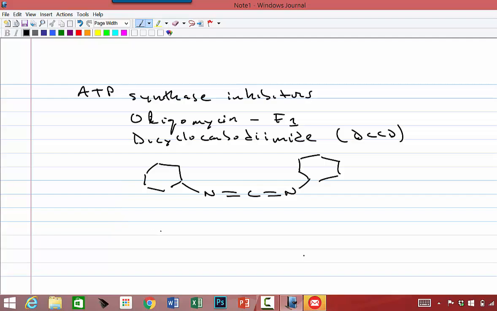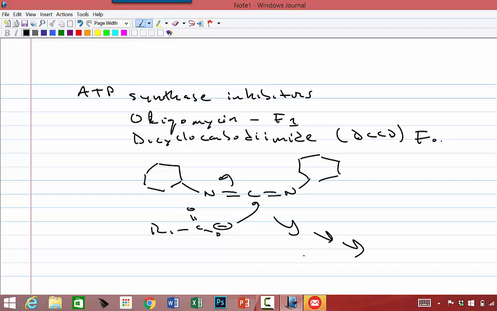And so you could have a carboxylic acid that comes along, and it will attack right here. And there's several other reactions after this, which I don't have to give you right now, but it actually attacks these carboxylic acids. And remember, this is a very good inhibitor for the F0 part of the